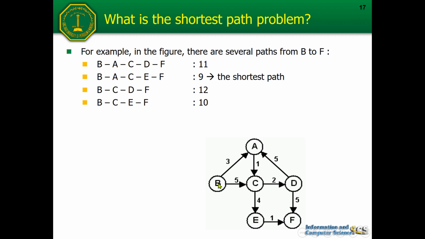There are many options for you. Maybe the first option is using X Airways, that airways will take you to F by using this path, for example. Then you can also pick another airways that will fly you from B to F by using this path. Then of course you can compare the price. If you are really sensitive to the price, then you can pick the one with the minimum price to travel from B to F. That will be the shortest path problem.